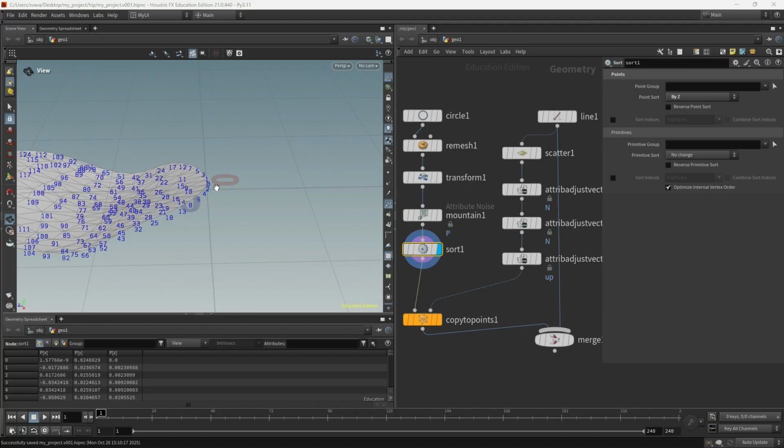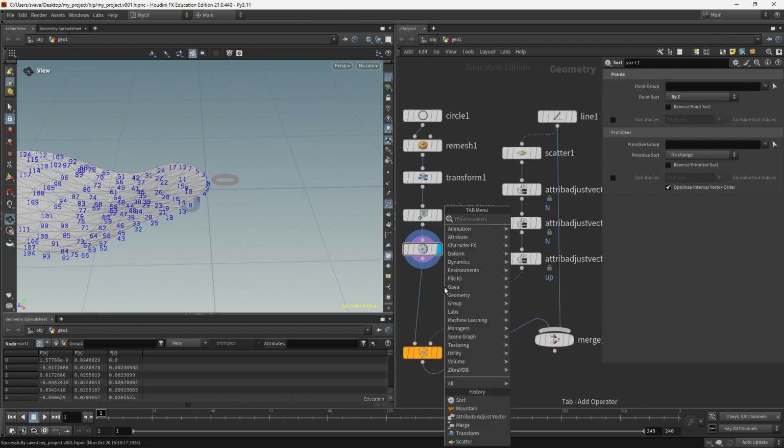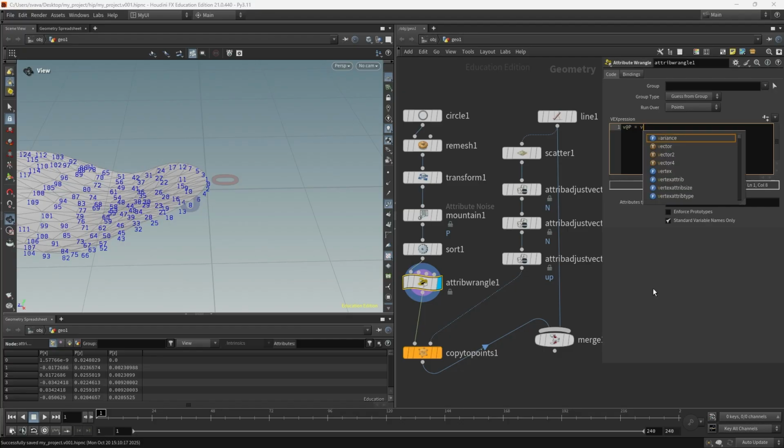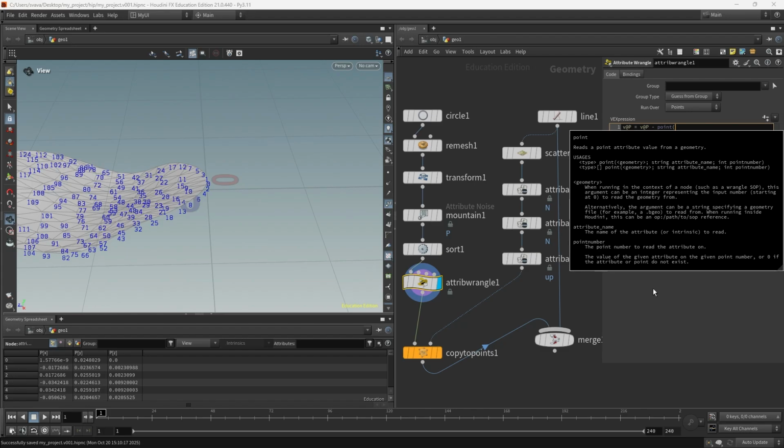And now put down an attribute wrangle. So I'm going to press Tab and write attribute wrangle. Move the blue flag. And in here I'm going to write v@P = v@P minus, and then to pick up the position of point number 0, I'm going to use a point expression. And then if you start the bracket, you can see what it wants. And in this case, it wants the geometry.